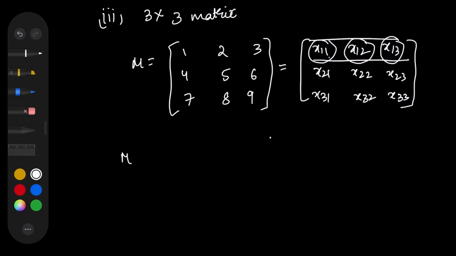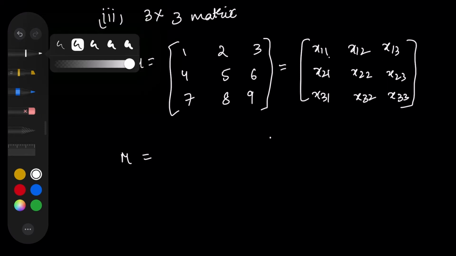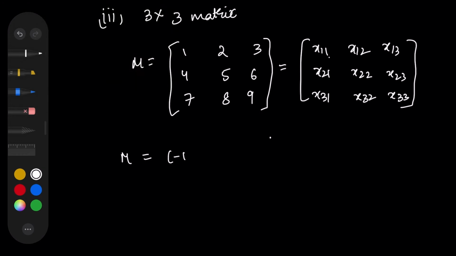So we'll represent this in a general form. Firstly, if you wanted to find the cofactor matrix, you'll have to first take minus 1 raised to the power i plus j, where i represents the row number and j represents the column number. Say I chose the first row, and in the first row I'm choosing this first element x11. Here the value of i is equal to 1 and j is equal to 1, that is, this element x11 is in the first row and the first column.